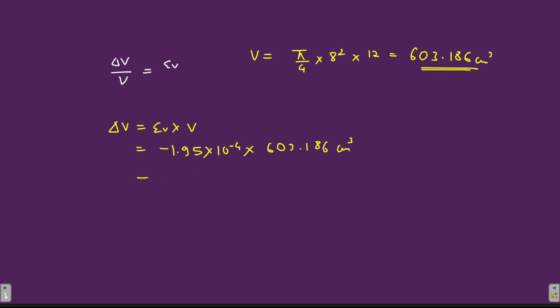So you will get the answer in centimeter cube. So it is minus 1.95 into 10 to the power minus 4 into 603.186, and that comes out to be minus